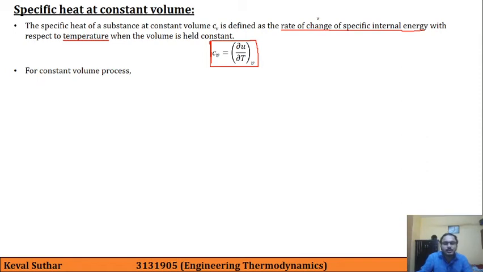So you can again read this definition in context of these equations, then you will easily get this formula. Now for a constant volume process, this can be written. What we have done here is nothing but integration of the above formula, then you will get this. That is delta U at constant volume is equal to integration T1 to T2 Cv dT.